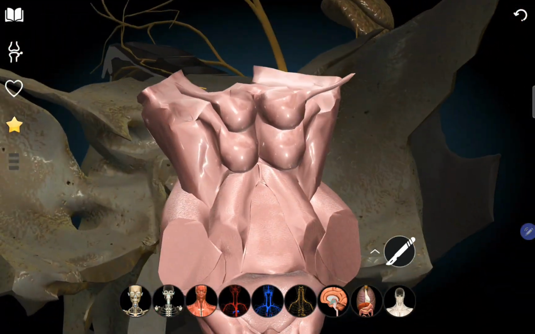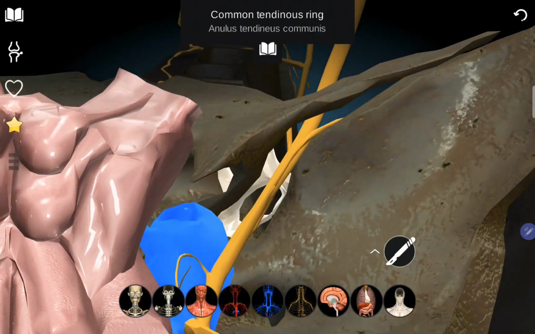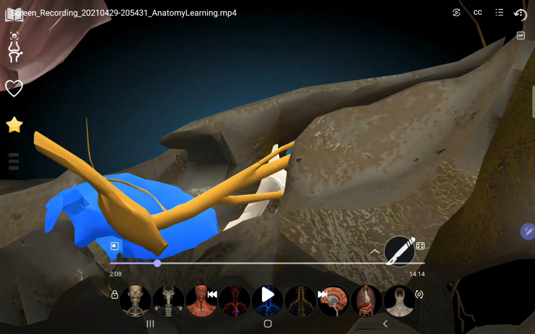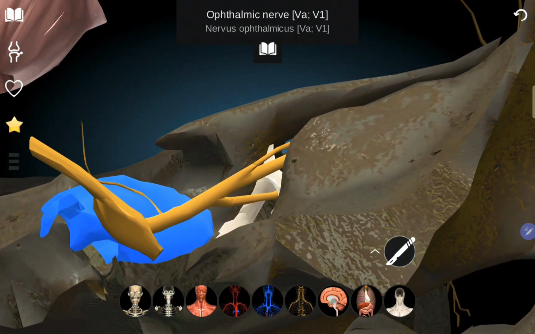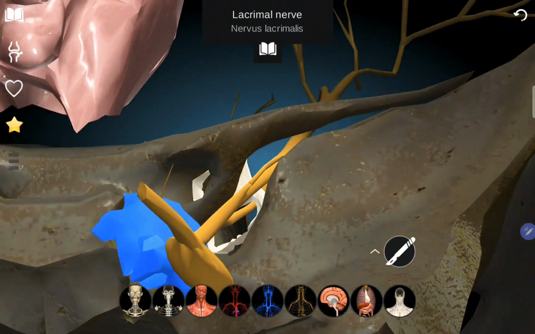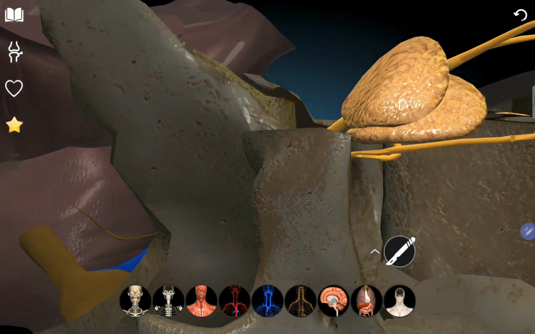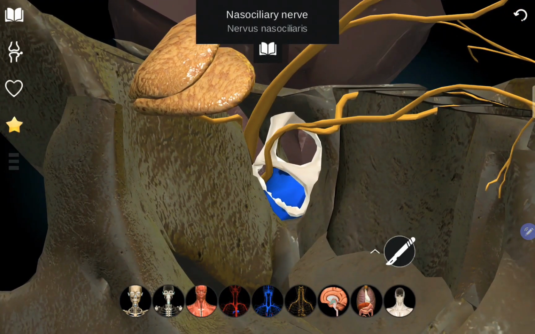It gives off three sensory branches. The first branch, see, this is the common tendinous ring. In the superior orbital fissure lecture, we have studied that the structure passing through the common tendinous ring is the nasociliary branch of the ophthalmic division of the trigeminal nerve. The lacrimal and the frontal are the structures which pass outside the ring of Zinn. So we have three sensory branches of the ophthalmic division. The nasociliary branch, which passes through the common tendinous ring, you can appreciate, is passing through the common tendinous ring of Zinn.